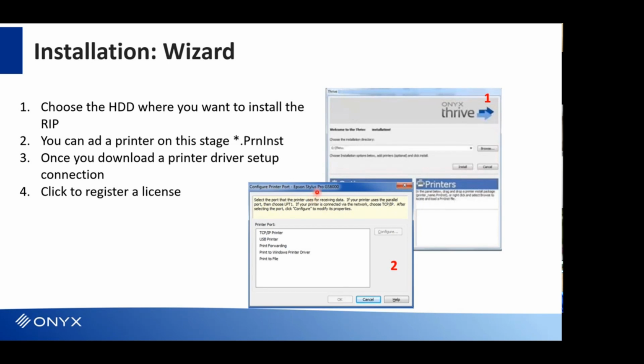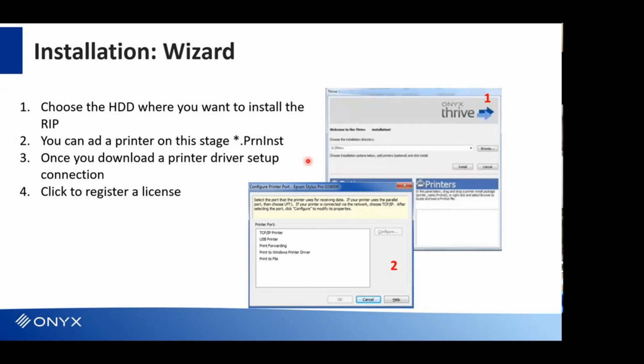Then remember the registration, which will pop up the first time you open ONYX itself. You will have a small window which will request you to register the license. For those who have Canon printers like Epson, you'll probably have a dashboard where you have to input the machine serial number. And for those who use HP, there is a related connection of the machine, as you can